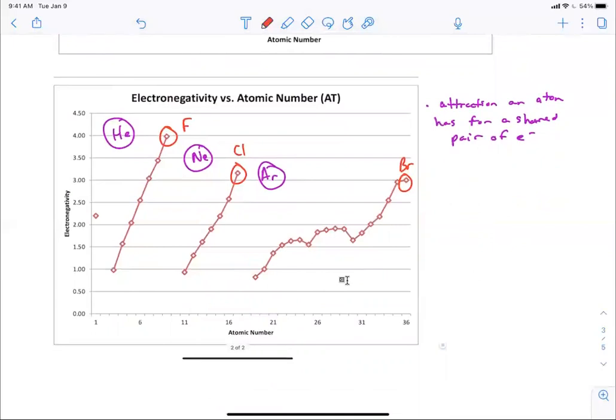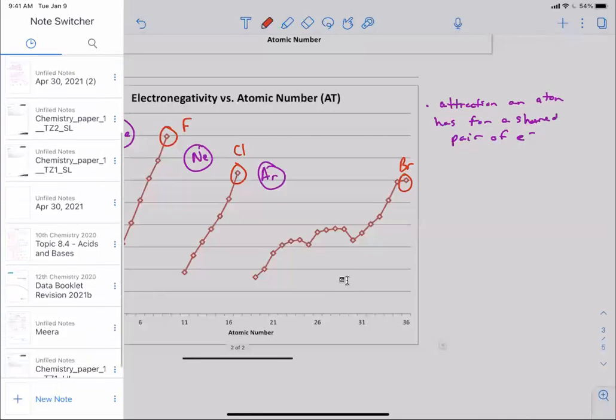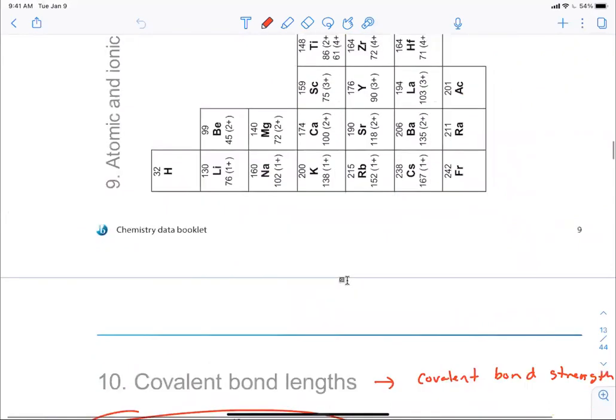Questions so far? We kind of skipped through a little bit, and this is a chart and graph, but this is also a chart and graph from the data booklet. And so I'm going to pull up the data booklet and take a couple screenshots of this to include this into our